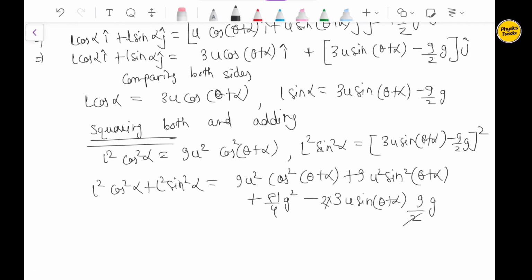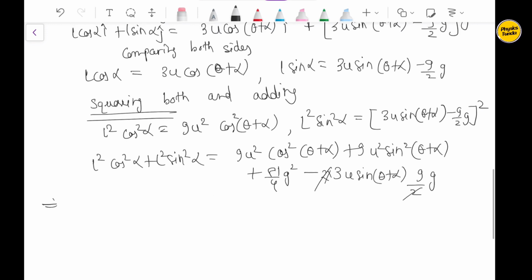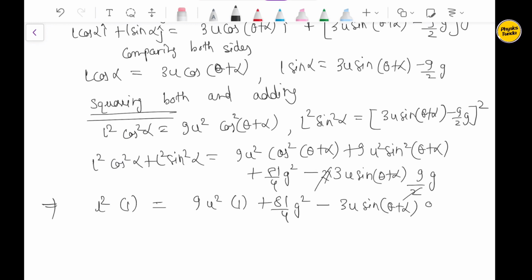The 2 and the half will get cancelled, right? Further, this can be simplified to L square times cos square alpha plus sin square alpha, whose value is 1, equal to 9 u square times cos square theta plus alpha plus sin square theta plus alpha, which is 9 u square times 1, plus 81 upon 4 g square minus 3u sin theta plus alpha times 9g. This can be written as L square equals 9u square plus 81 upon 4 g square